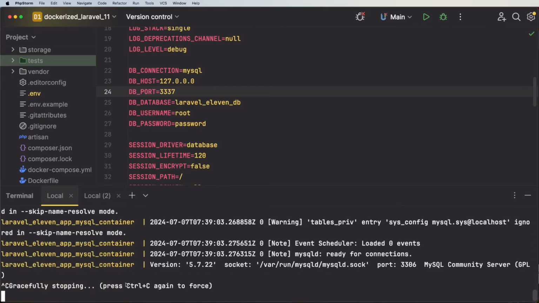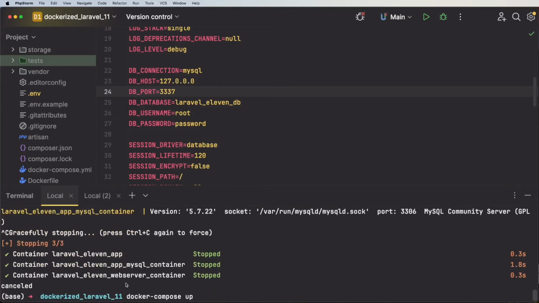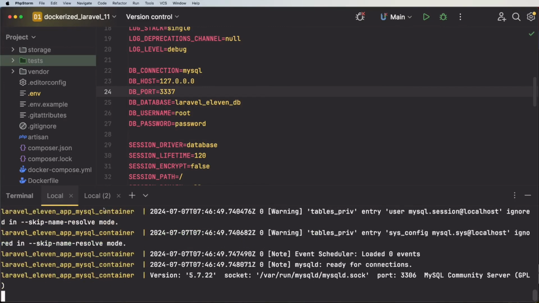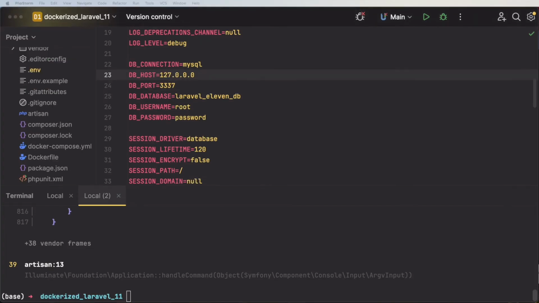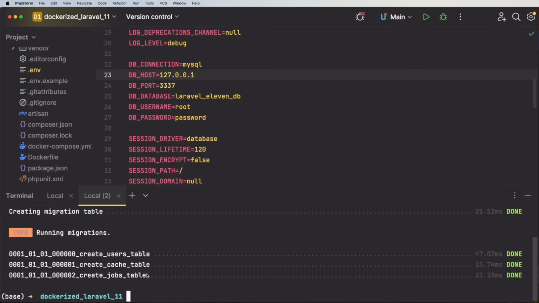Okay, so let's try to restart our Docker Compose. And then let's go back. So the host should be 127.0.0.1. Now, if we come back here to run php artisan migrate, you can see that our migration is running. But if we want to run it inside the container,